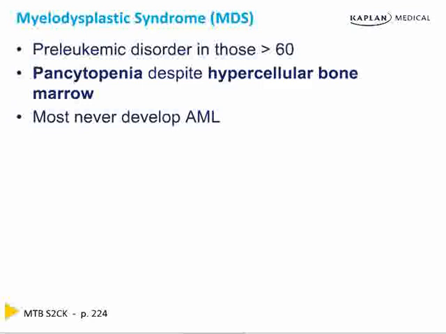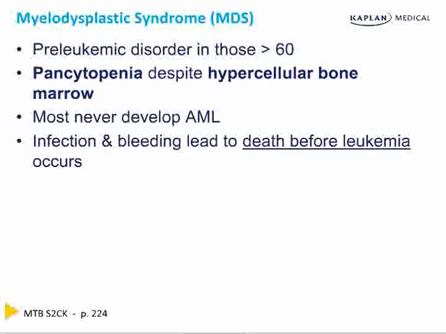Now, most never develop AML. A small number can, and it is pre-leukemic, but most never make it there. Well, that's not unusual in terms of pre-leukemic syndromes. I mean, most people with cervical dysplasia don't develop cervical cancer. Infection and bleeding is the answer to which of the following is the most common cause of death in myelodysplastic